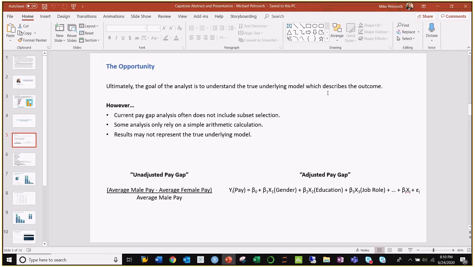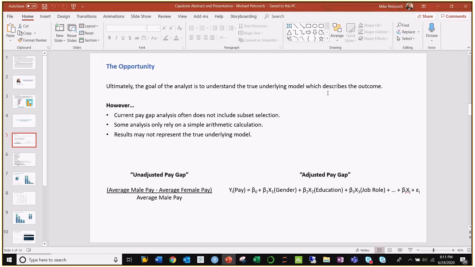However, that doesn't really speak to all of the variables, all of the attributes that go into why someone would get paid a specific amount, right? It doesn't speak to education. It doesn't add that specific control, or it doesn't speak to location. Location is important because if you're really looking at the difference between different states, perhaps the same job title, right? But different states, one thing to understand about location is that the cost of living in New York is completely different and way higher than the cost of living in Dallas, Texas, for example. So you would expect for the same job title, the same job level, regardless of gender or race, to be